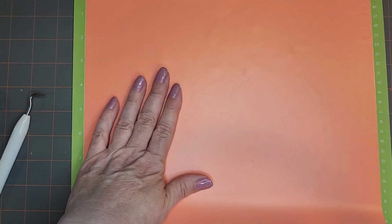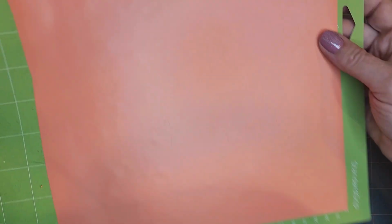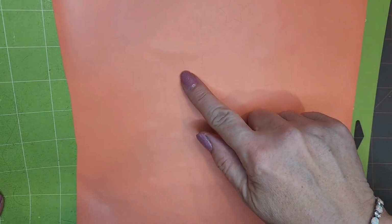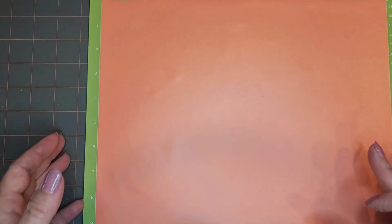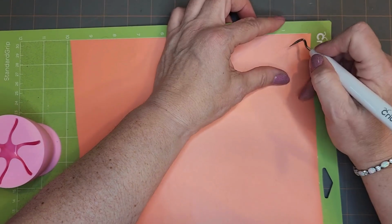Now, as in the example, I'm using the vinyl from Cricut. So I'm actually going to cut the excess off here. If you can see, I'm just going to cut this off so that it's a little bit easier to work with. Okay. Now, I know it's a little hard for you to see. I don't know if I can get it so that there are stars cut out here. And what we're going to do is kind of a reverse weeding technique. Normally you would get the background off, but in this particular case, we want the background on